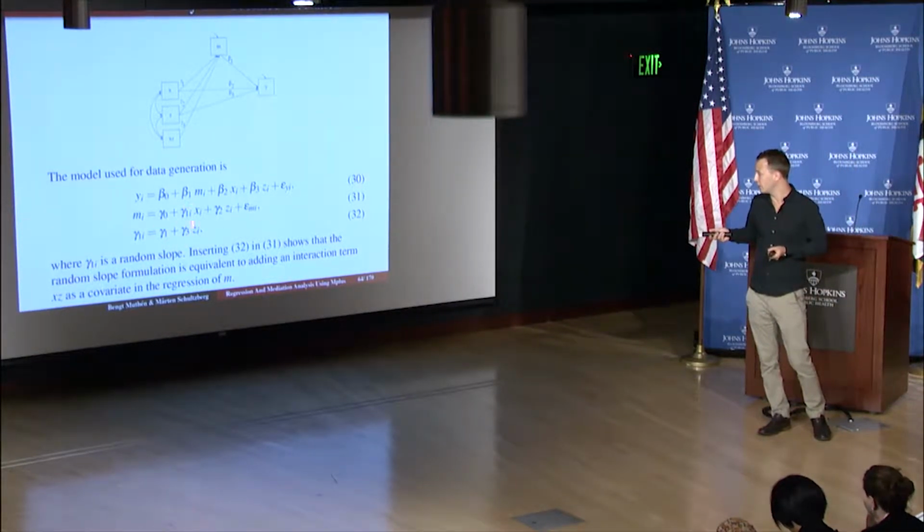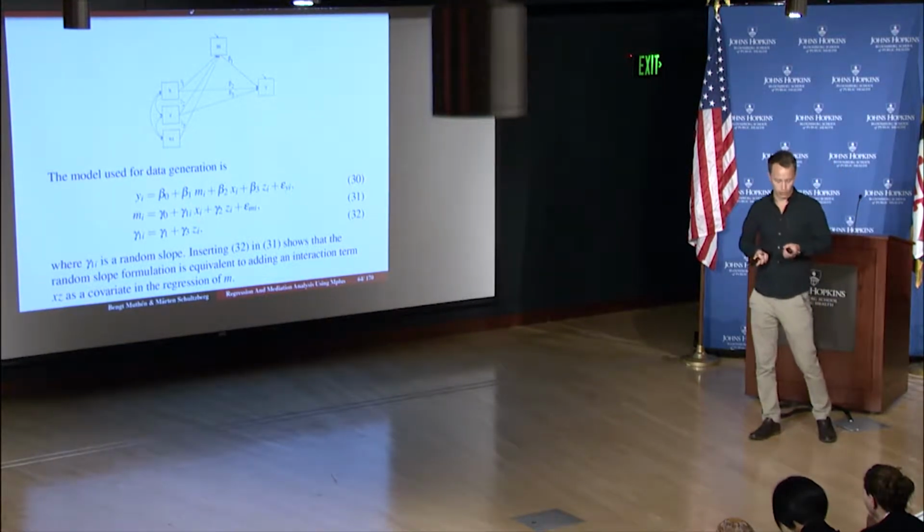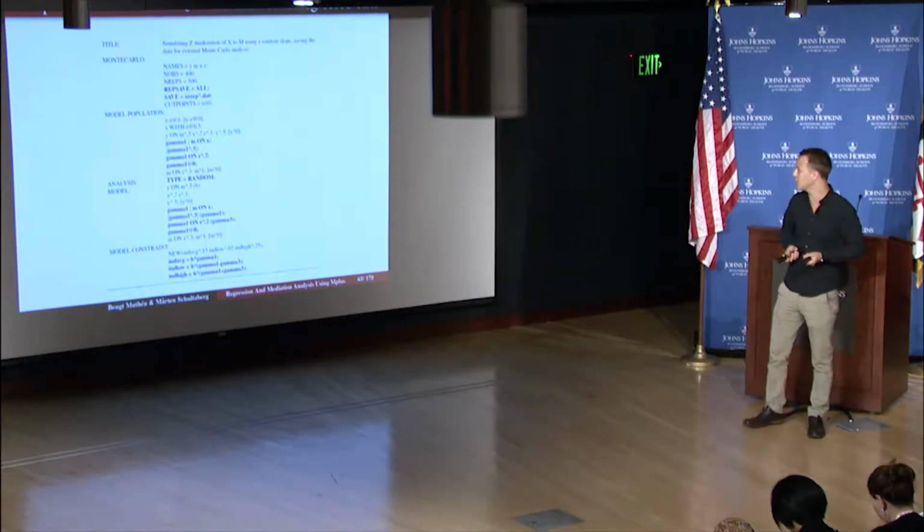OK, so if you see this, you understand that you can actually view the interaction variable as a kind of random slope. And how would you generate this then? Well,